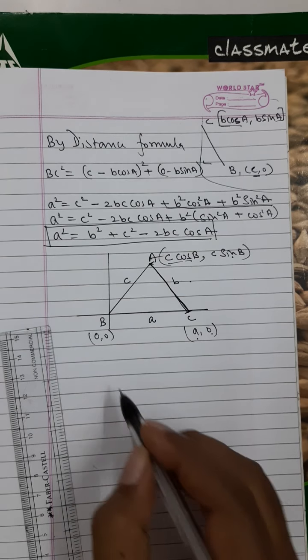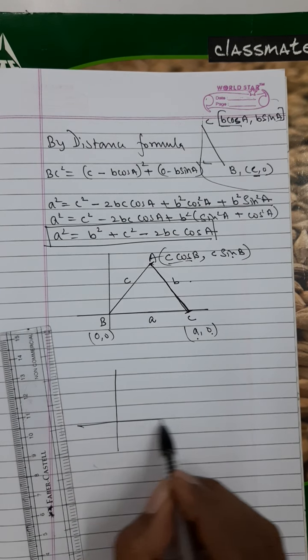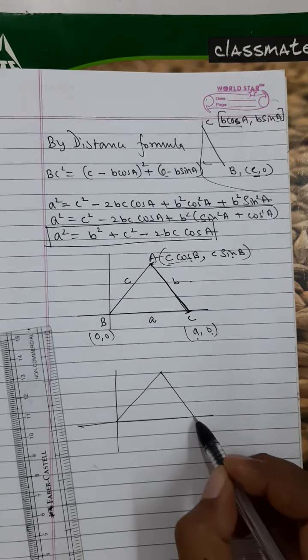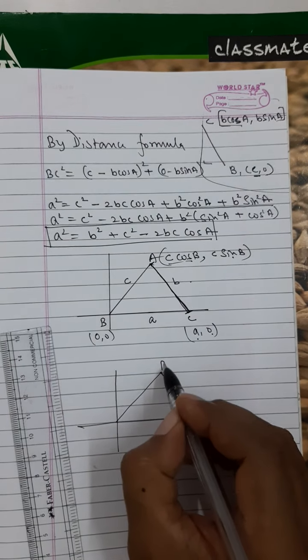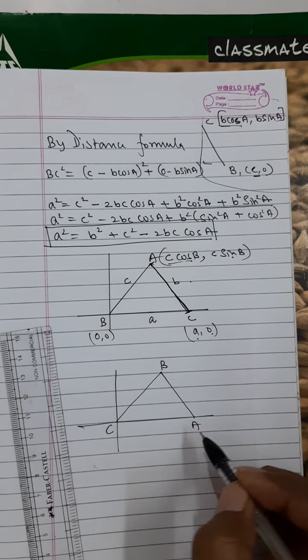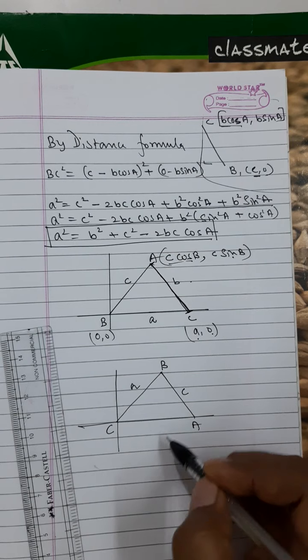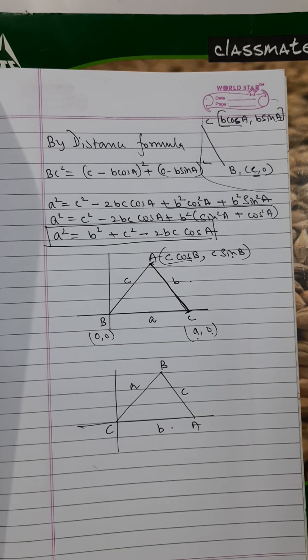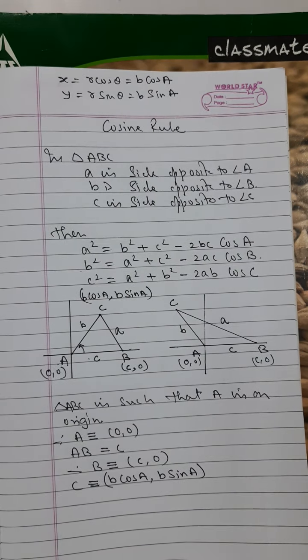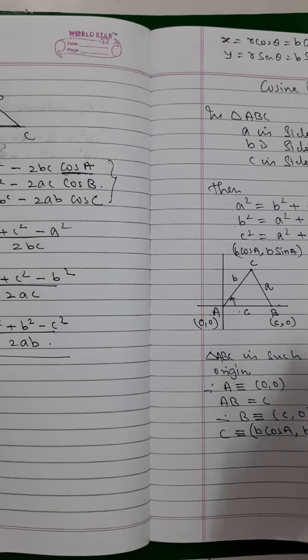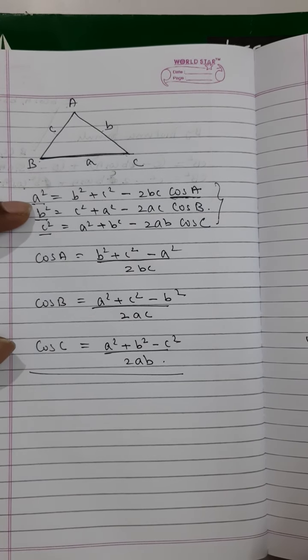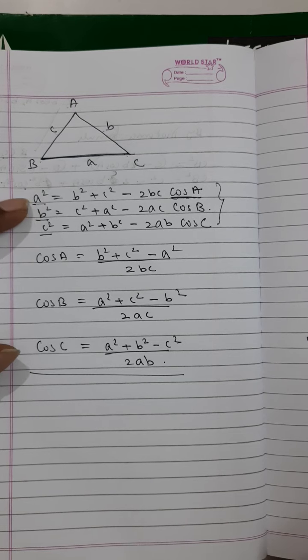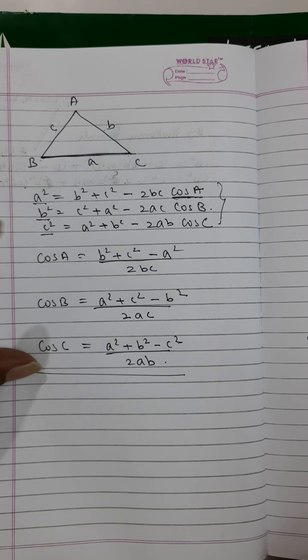And similarly, when you change it even further, take this triangle over here, and now you take B over here, C over here, A over here, this will be c, this will be a, this will be b. Okay, and then you have to solve this. My dear students, this is how the cosine rule is used. I have told you it can be used to find the side of the triangle, and it can also be used to find the angles of the triangle.